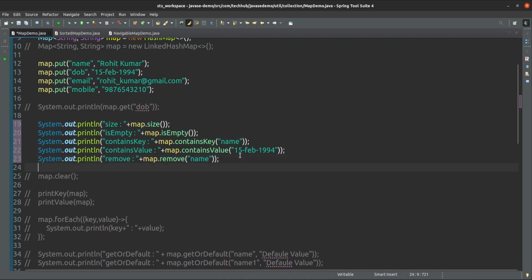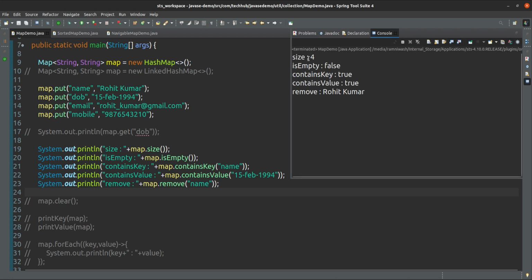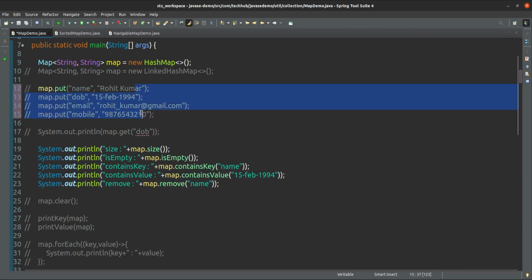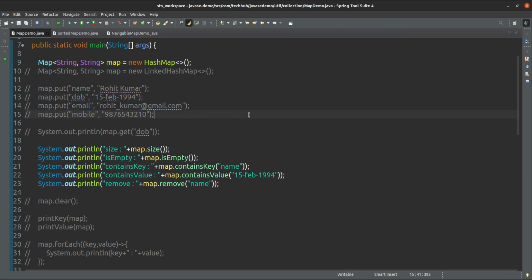Okay, these many methods. So what will be the size of this map? How many keys are associated with this map? 4 keys are there, so it means size is 4. Is empty? No, it is not empty, so it will give false. If it is empty, it will give true. Now size is 0. Size is 0 means is empty. Yes, is empty. And the next one is